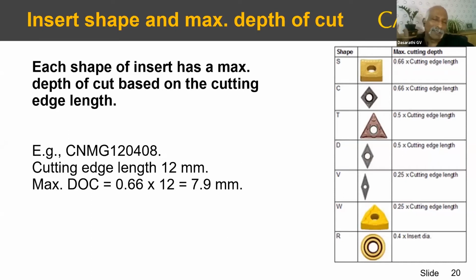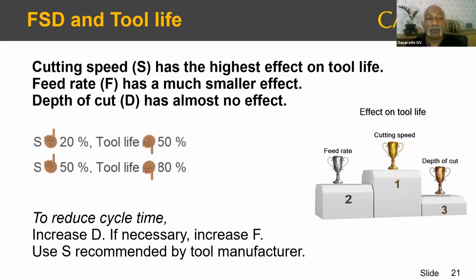Normally, most programmers will say, roughing, 2 mm. 2 mm is my default. It becomes a thumb rule: I use 2 mm, 3 mm for roughing, something like this, right? Typically, that is what it is, without any scientific basis. But if you go down into all this, this is the true scientific basis on which you can decide.